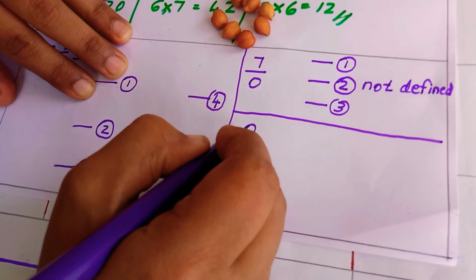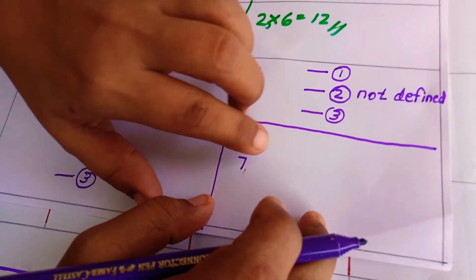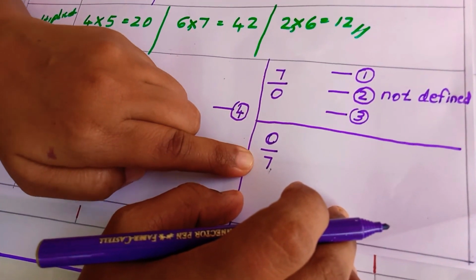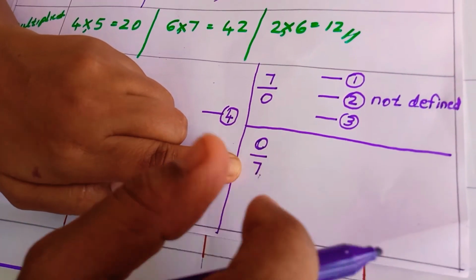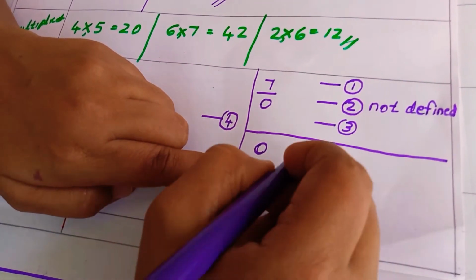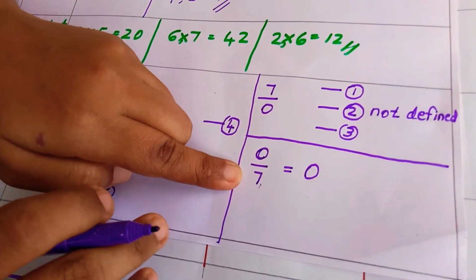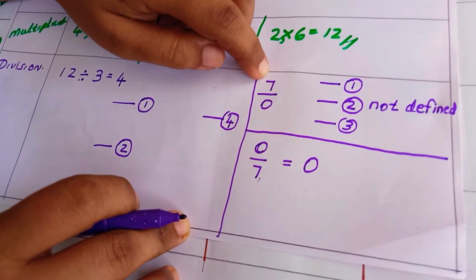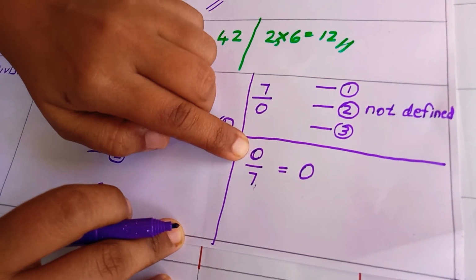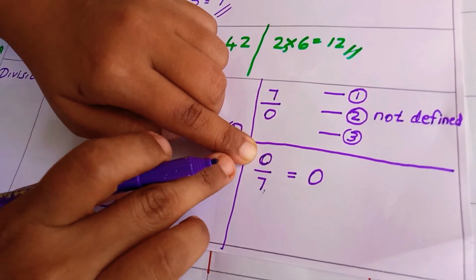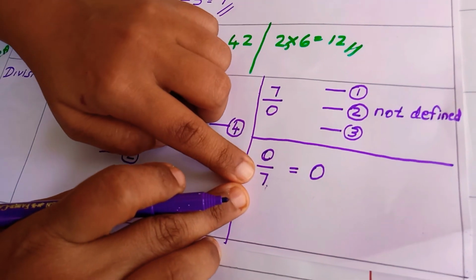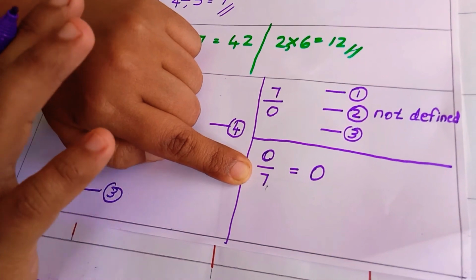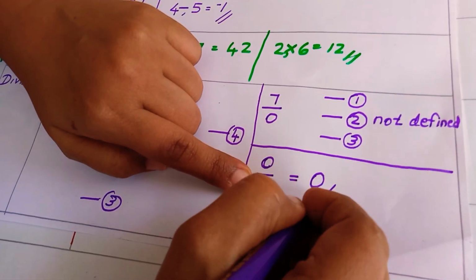In the same way, how can we find out 0 divided by 7? I have 0 chanas here. How many times can I take 7 chanas? Can I take? No, I cannot take. That's why its answer is 0. I will say once again, in this case I have 7 chanas, but in this case I have 0 chanas. 0 out of 0 chana, how can I take? Can I take 7 chanas out of this 0 chanas? No, I cannot take. That's why the answer is 0.